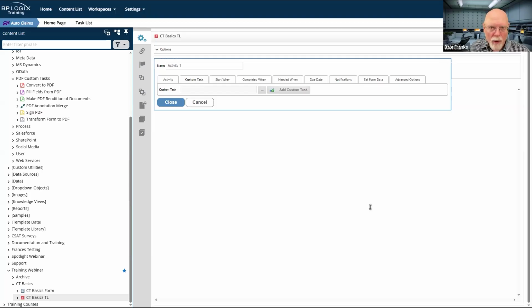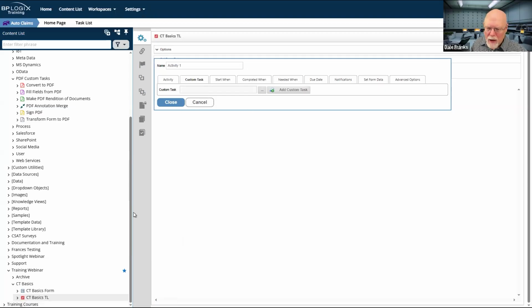Then put it on the form. If I don't want the user to see this, I want this all to happen in the background, then place it on the process timeline because then it largely gets hidden from the user. There are a couple of caveats to that, however, because of the way some of the custom tasks work.